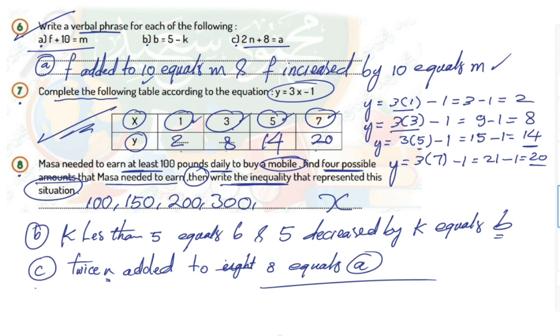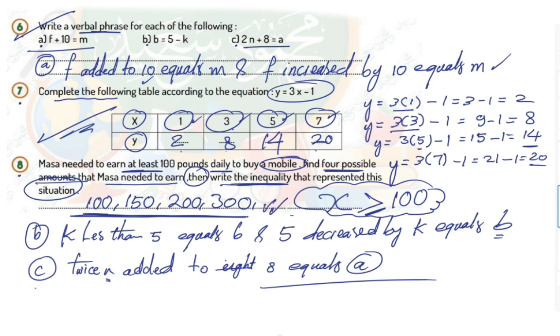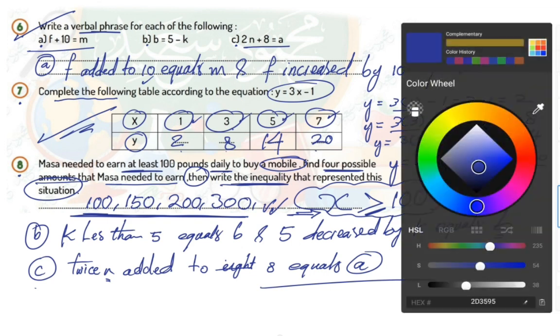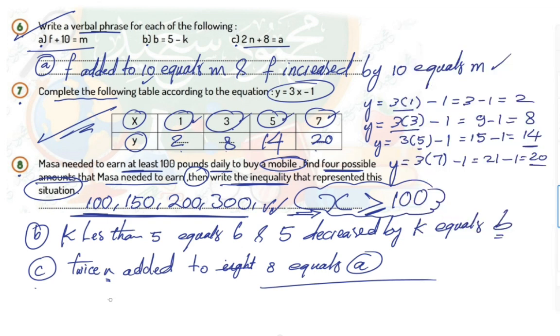At least means greater than. So x greater than 100 or maybe equals 100. So x greater than or equal to 100 is the right inequality for this situation, and these 4 values are correct values for this inequality. Now I can say that we reach the end